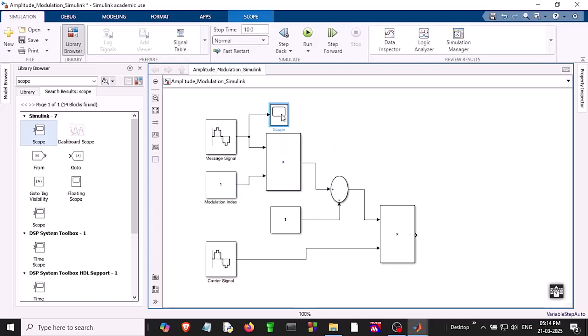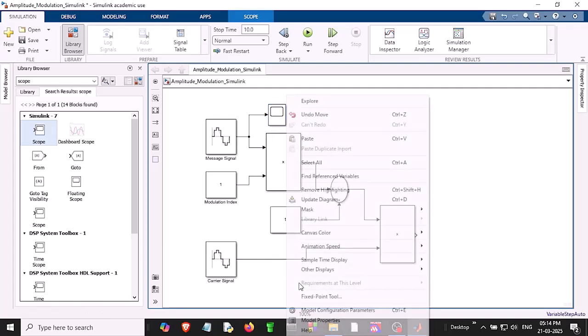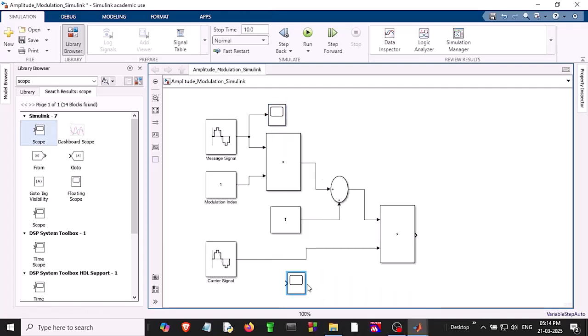One scope is for the message signal block, the second is for the carrier signal block, and the third is for the modulated signal block. Now once all the connections are done,